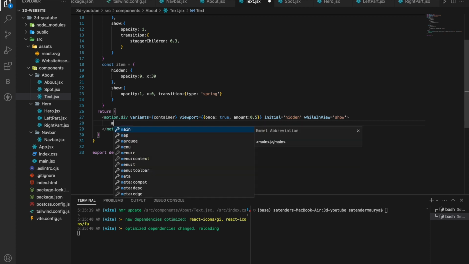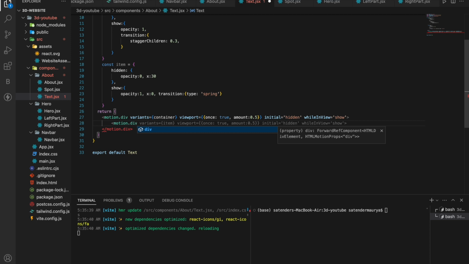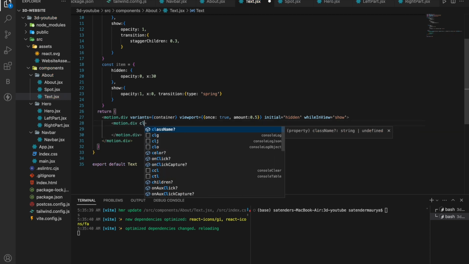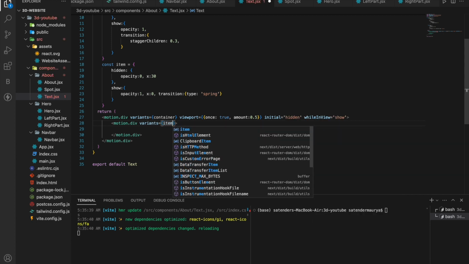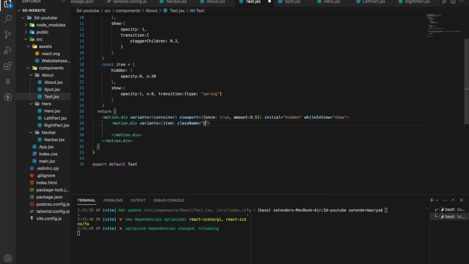Inside that div we'll have one more div, motion dot div, and then we'll use variants equals item, and then class name will be bg-gradient-to-r from #8f145t to #bd4fa, inline-block, mb-6,